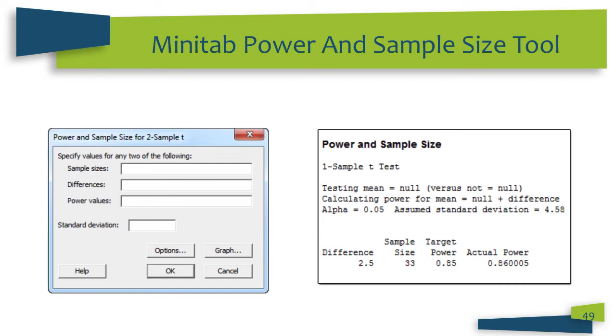So in all the above three values in the upper part of this dialog box, you have to enter two, and you'll get the third value. If you don't know your sample size, you'll have to enter the difference and power value. If you've already conducted your test and you know your sample, you can find out how powerful it is. And if you know the power and the sample size, you can know how much difference you can detect. So moving on,